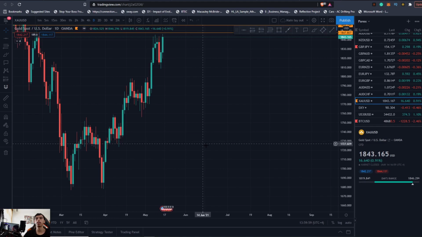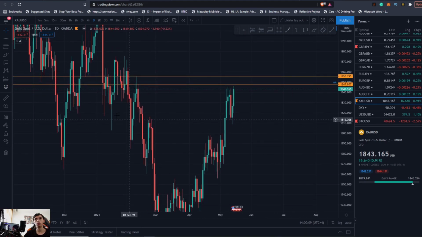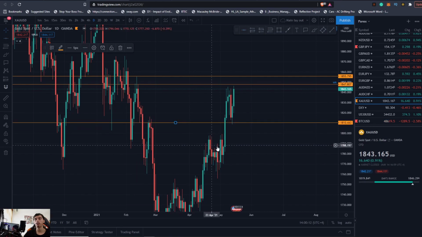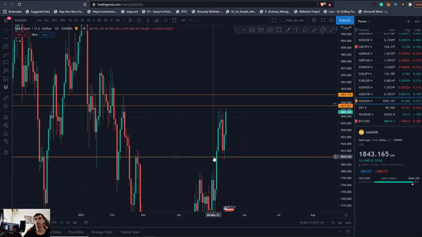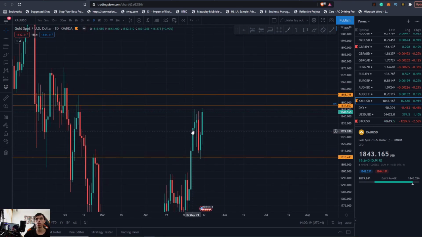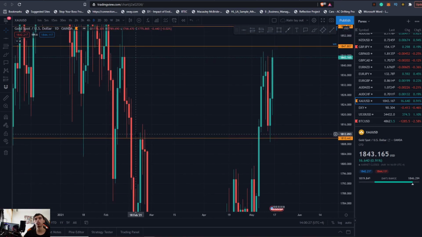So obviously you can see that the trend started to flip as soon as we got above this high, you can argue, but I would say most likely here. As soon as we got above this pivot here on the daily, the trend flipped back to bullish after coming from a bearish trend. After the trend flipped bullish, we came up and filled some of this range to the left. As soon as we saw this closure above, we could say, all right, we have this range here of no real resistance or support formed, and it's a clean area, so there's a high chance we should push up into that area.